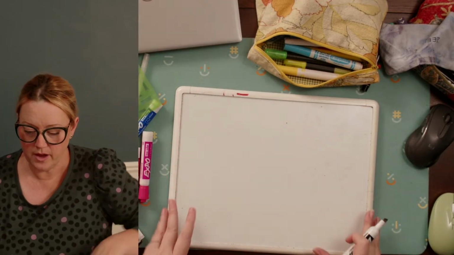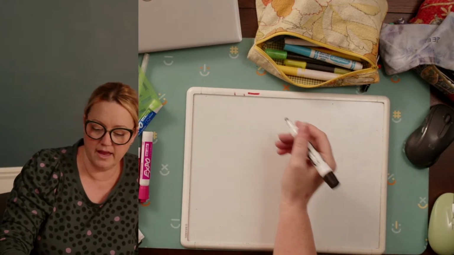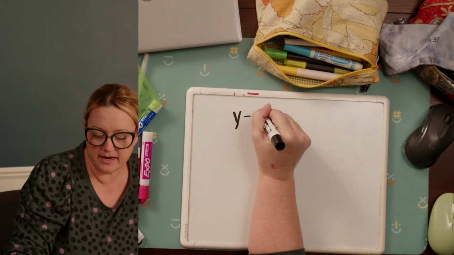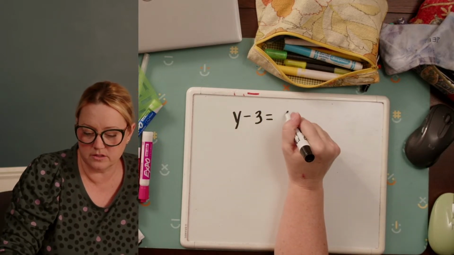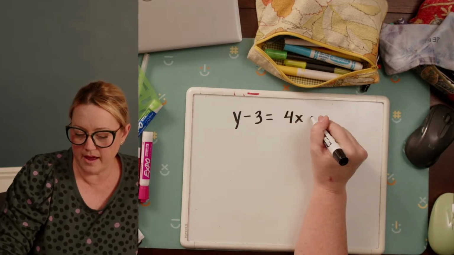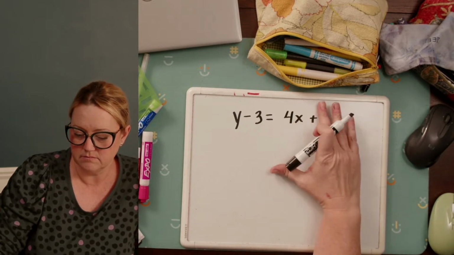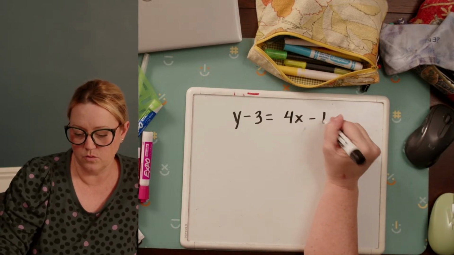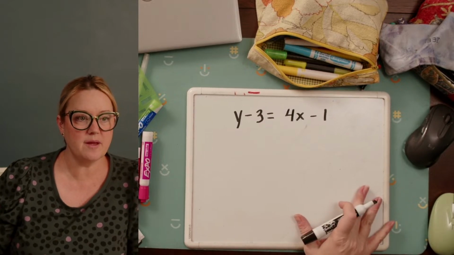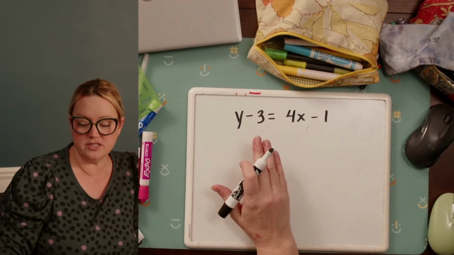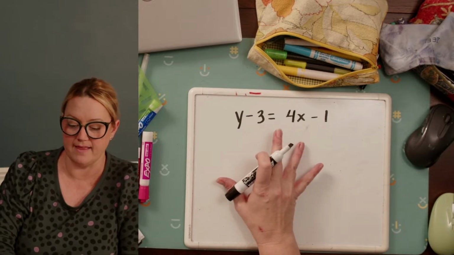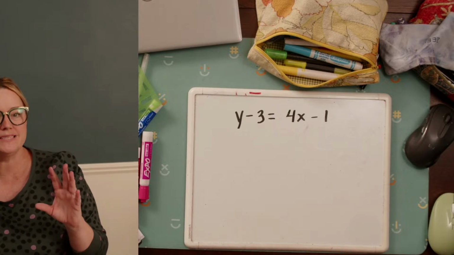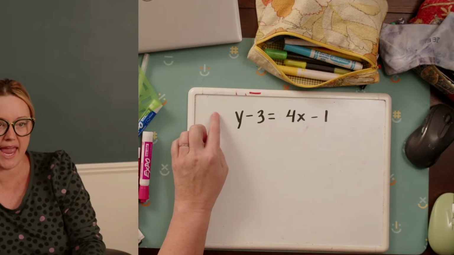All right, so when we have a linear equation, like if we had something like y minus 3 equals 4x minus 1. Okay, so we have something like this. So what you want to look at is the relationship between the y and the x. Now I can graph this as it is right now, but usually it makes it a little bit easier if you can